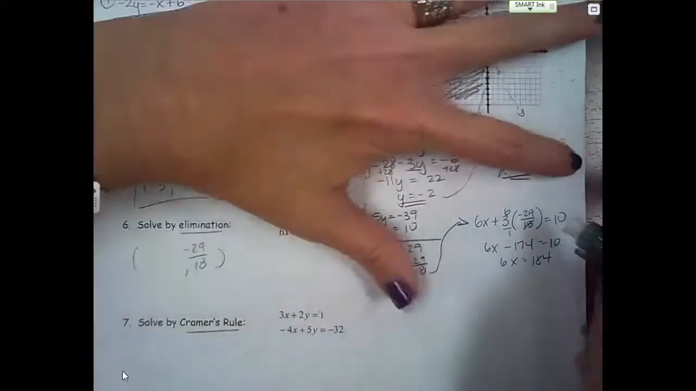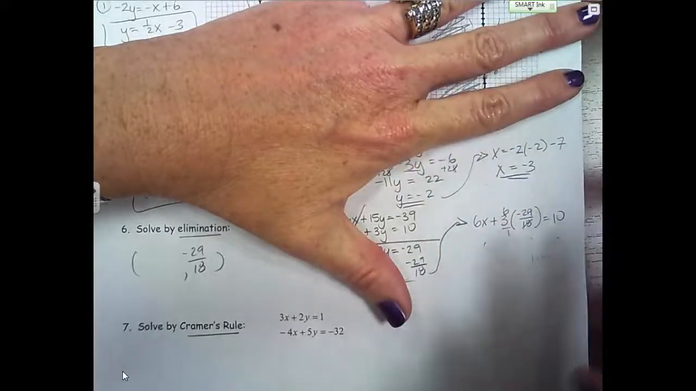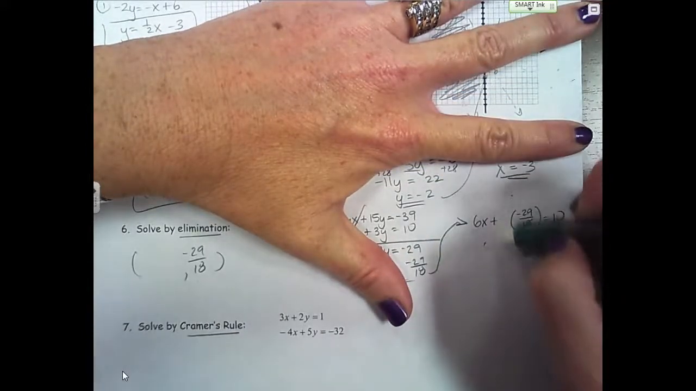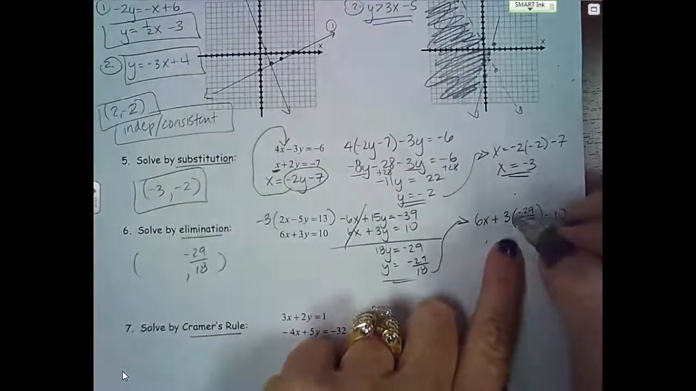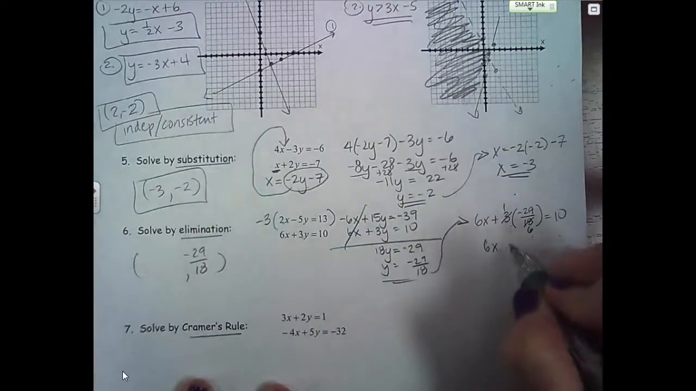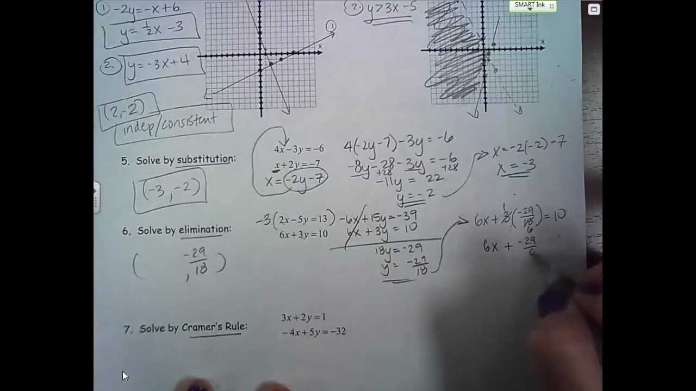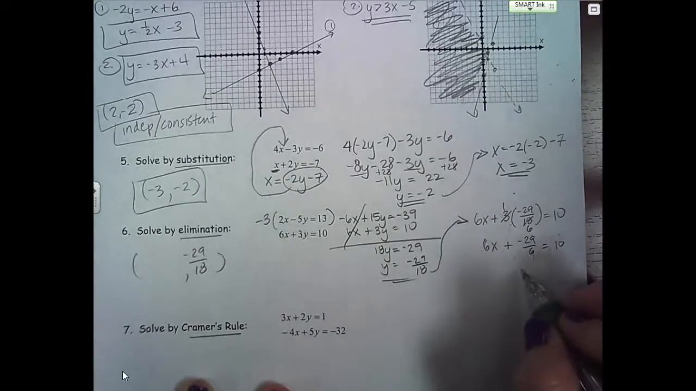Okay, guys, I'm sorry. Let's back up a little bit to here. I just made a mistake. I apologize. This would make 1 and 6. I put my 6 in the wrong spot. So now you're going to have 6x plus negative 29 over 6 equals 10. I'm sorry. So then when you move your 29 over,